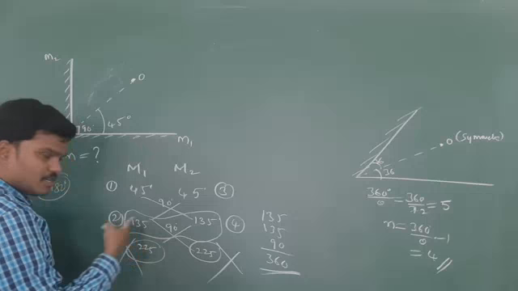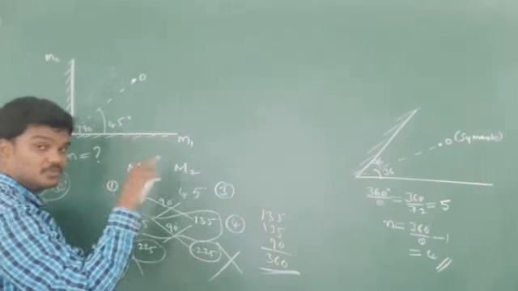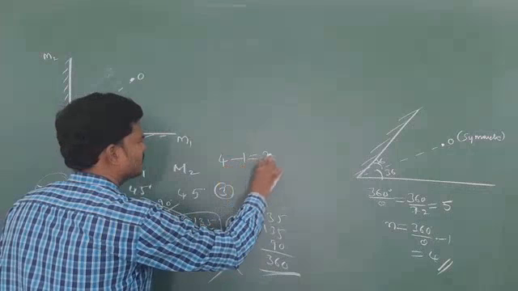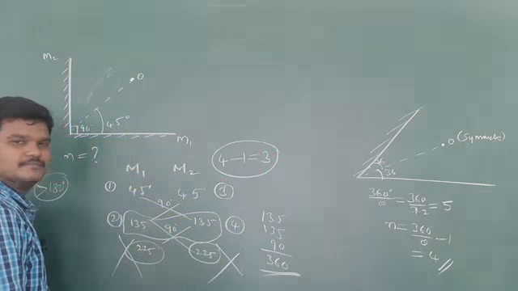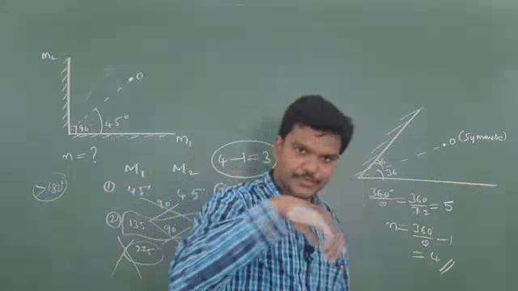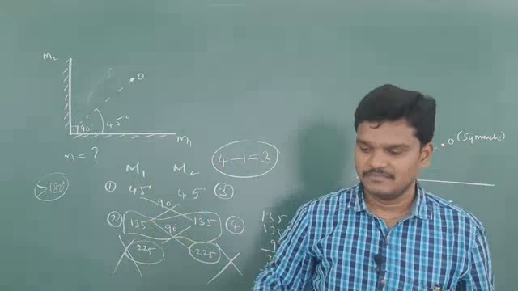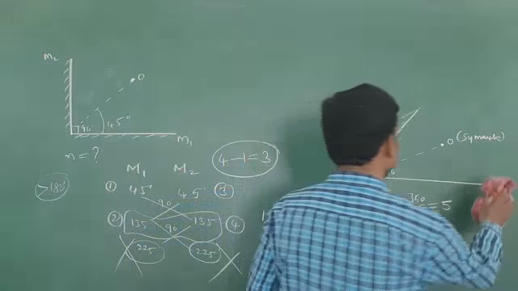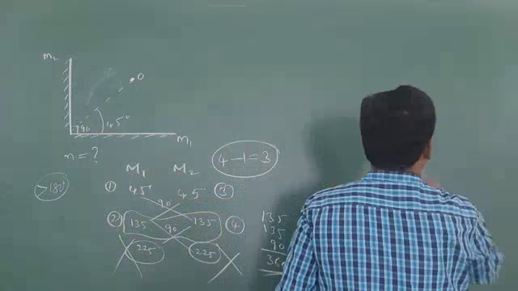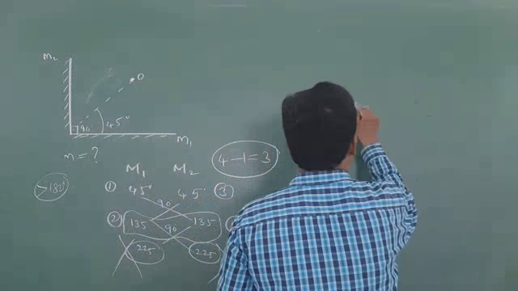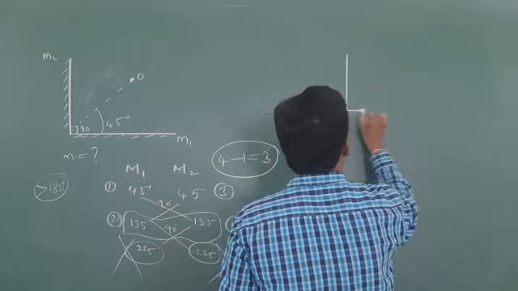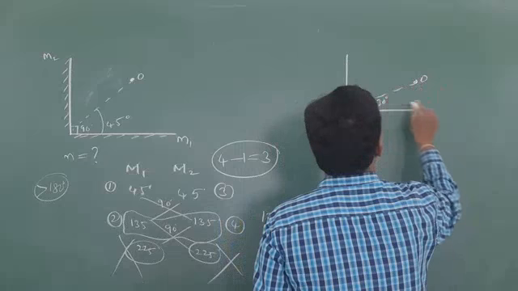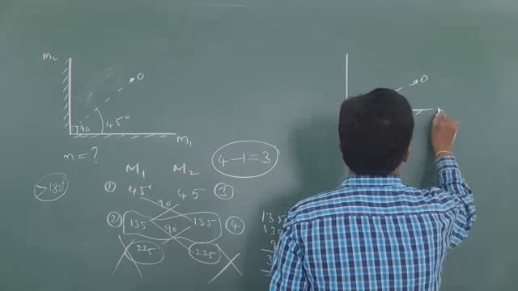Now the number of images I got as 4, but the first one and fourth one are considered as a single image. Now the number of images is equal to 3. You place it asymmetric. Okay, I will give you some more to avoid the confusion. These are easy only, not much tough. Let me, you do it fast along with me. I place an object here, 30 degrees. Don't worry, I will give you few more examples to avoid confusion.